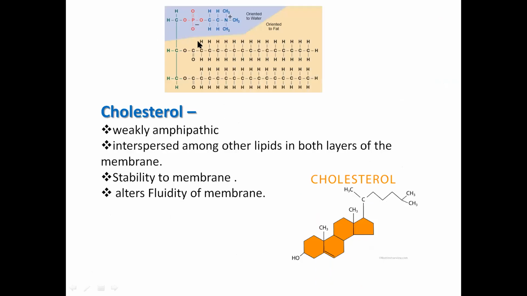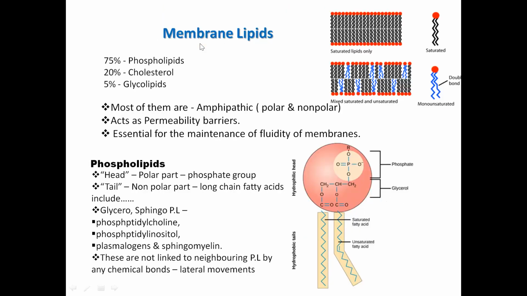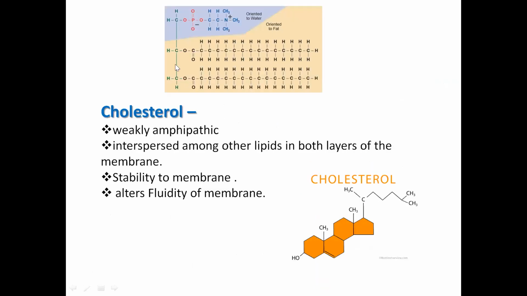Next we will talk about this structure. This fragment looks like this. It is either saturated or unsaturated, and this is the phosphate, and this is another. This R group can be any molecule like choline. This part is oriented towards the water because it is water soluble, while this part is water insoluble. So it is some basic structure of chemical molecules.